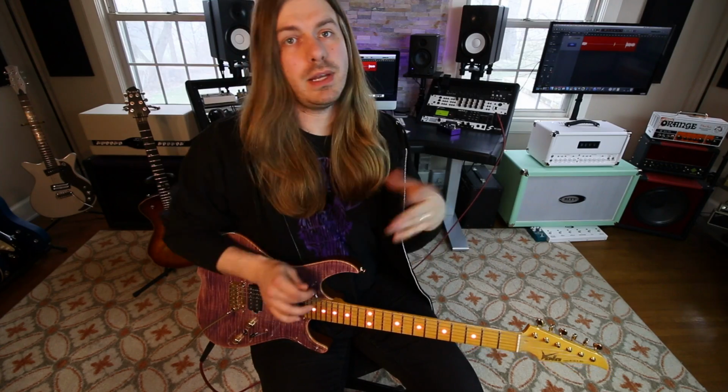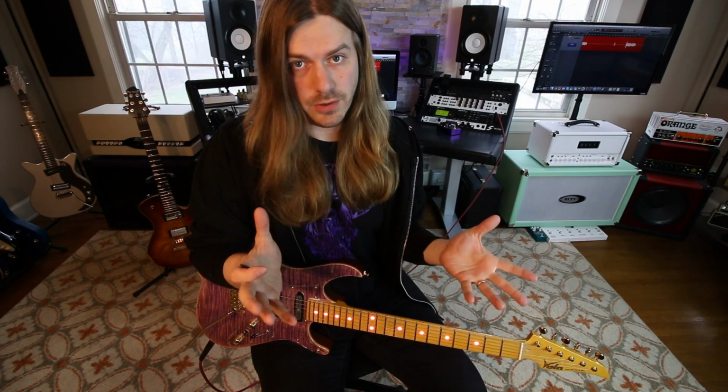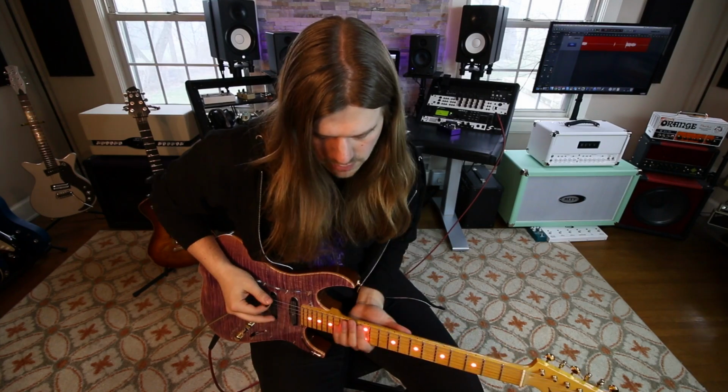If you don't know your Lydian mode, it's a great one to look into. Essentially, it's your major scale with the fourth raised. You have a raised fourth in it. So that's where you get that very Lydian sound, that raised fourth. So